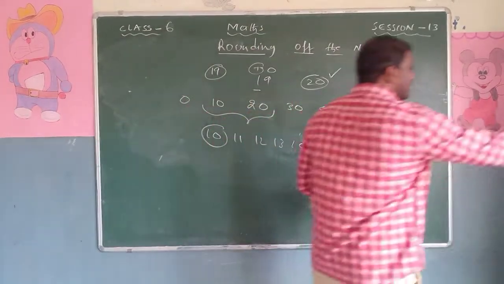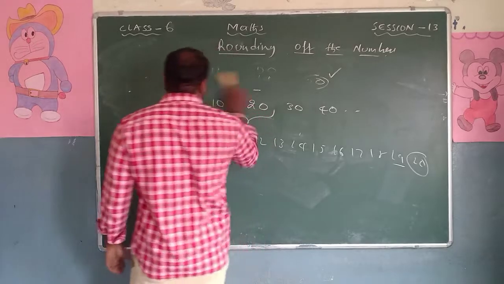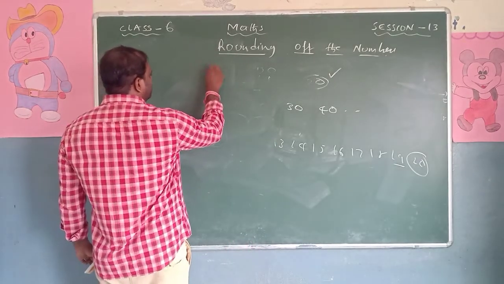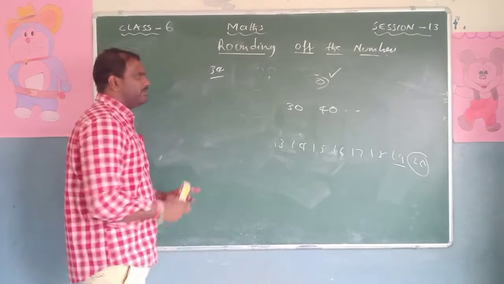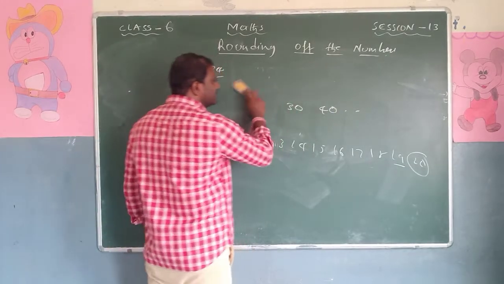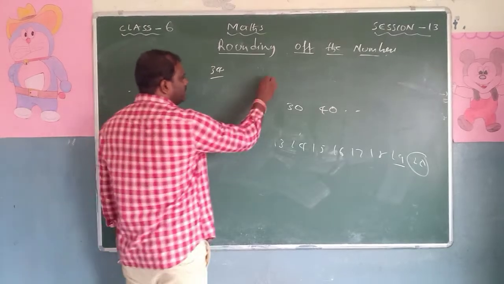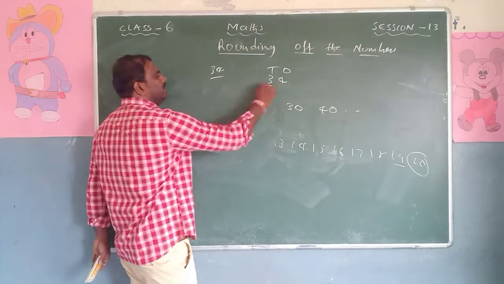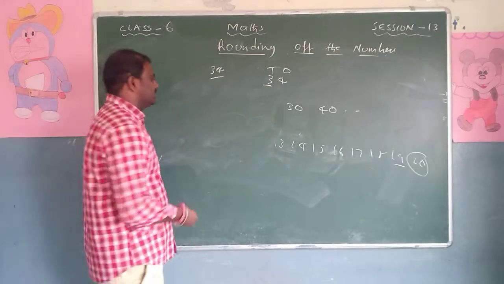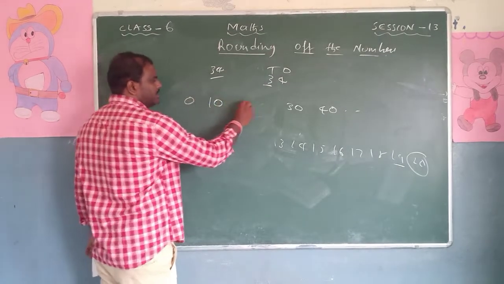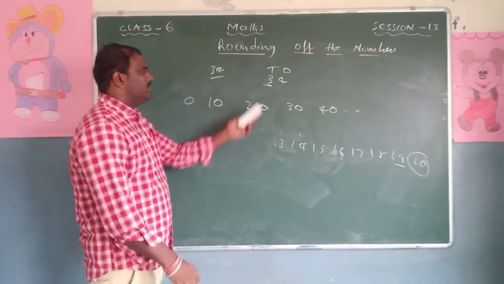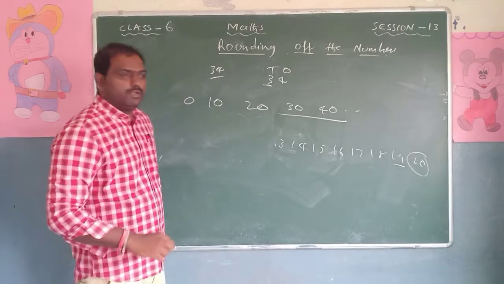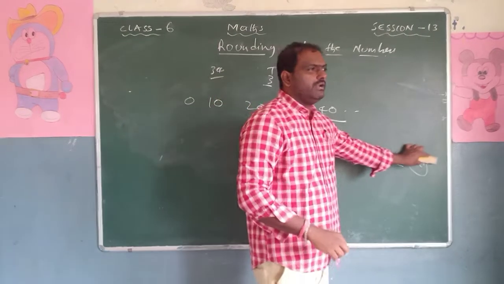Okay, so this is the question. I will go for one more example. Now the next number is 34. I am taking 34, nearest tens. What should you do first? Check how many tens are there. So 34, ones and tens. How many tens are there? 30, that is 3 tens. So it is 0, 10, 20, 30, 40. Now where are the 3 tens? 30 and 40. Therefore, 34 will be in between 30 and 40.